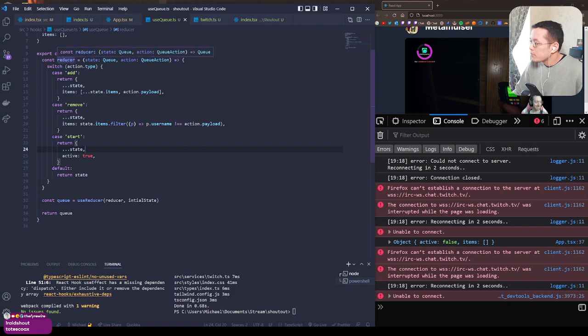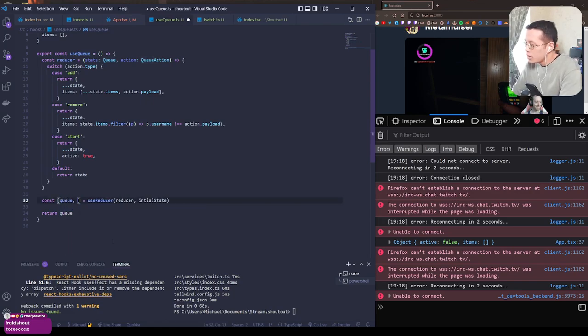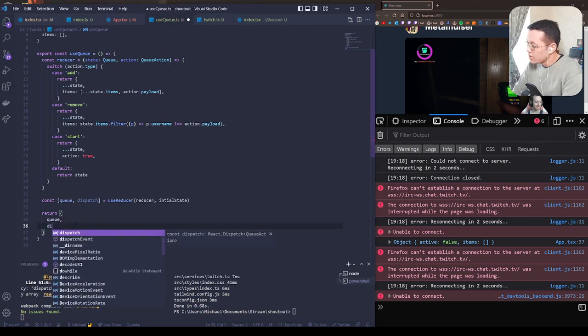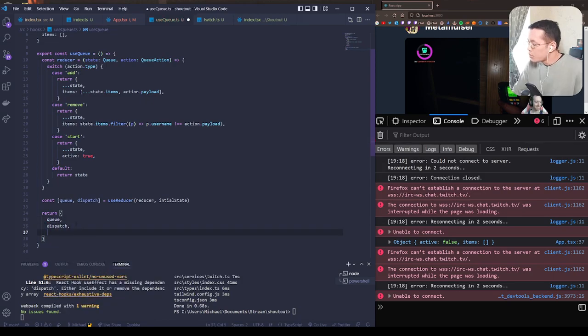So let me, where's our useReducer? So I can do this, queue, useReducer. Oh no, dispatch. And then in our return, I can make queue, dispatch. And I can also give myself a new function and say, hey,